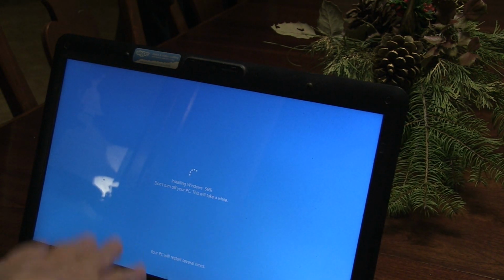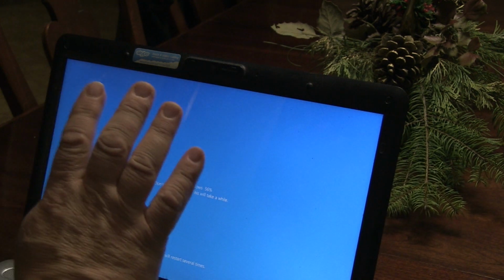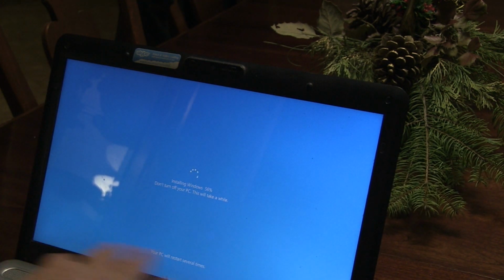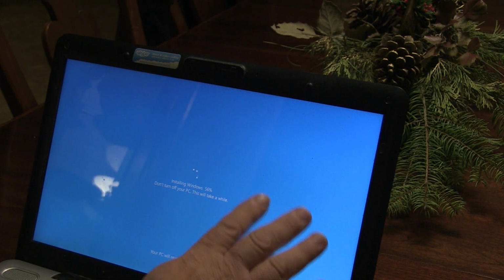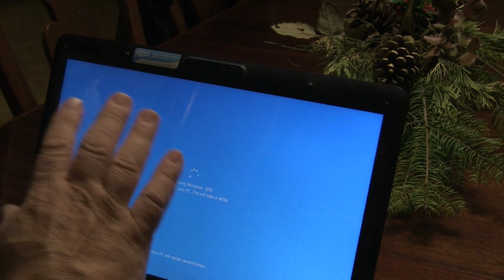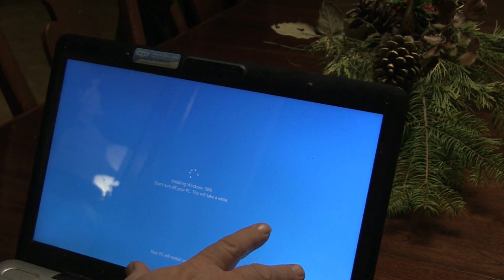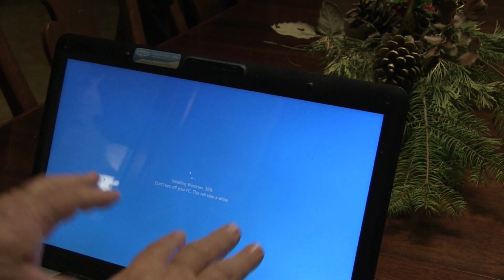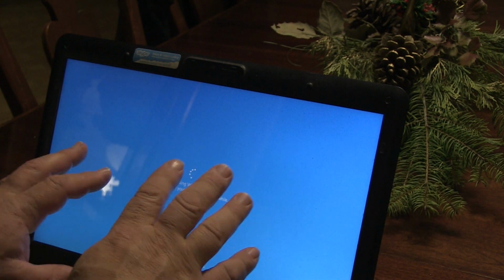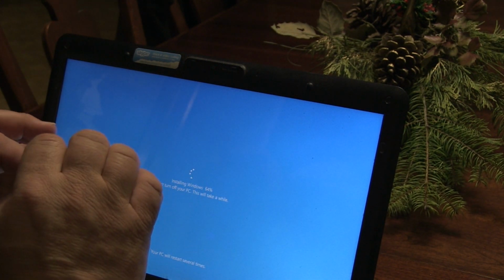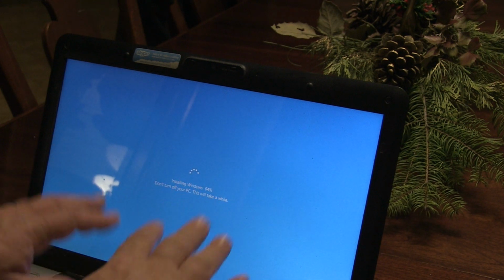But this is one way to get a computer completely cleaned up. It's overriding all the memory in the hard drive, and it's getting everything ready so you can actually donate the computer to somebody who needs a computer. And the way the system works, it's making it hard for them to get your old information off the hard